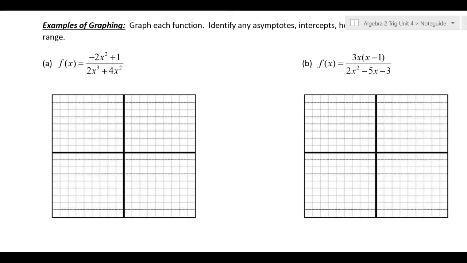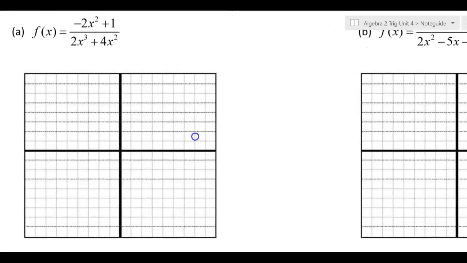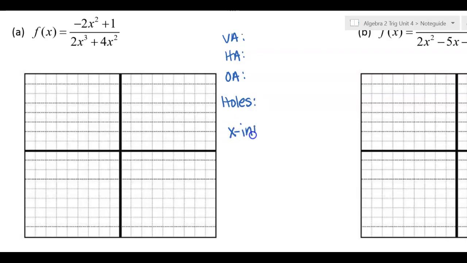about these different functions. So that means if there's asymptotes, if there's holes, and what the intercepts are, okay? So asymptotes, intercepts, and holes, we want to make a list of all of those possible things before we do anything else. Does that make sense to everybody? So every time we approach one of these problems, next to it, I'm basically going to set up this list. So I want to know, are there vertical asymptotes, horizontal asymptotes, oblique asymptotes? I want to know if there are any holes, and I want to know if there's an X-intercept or Y-intercept,